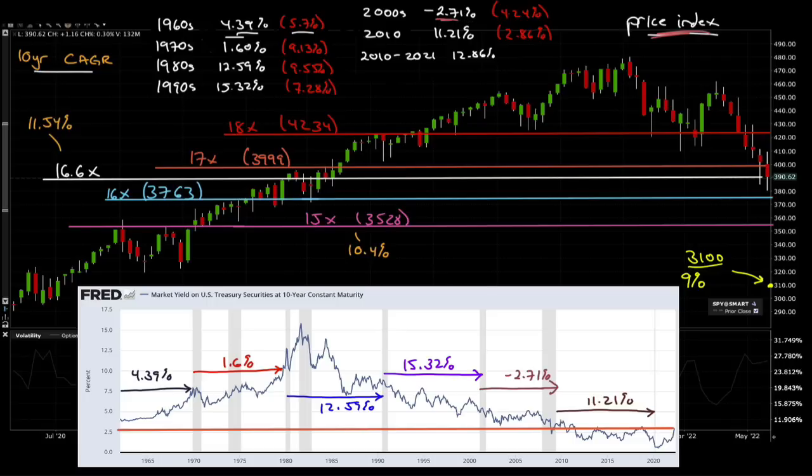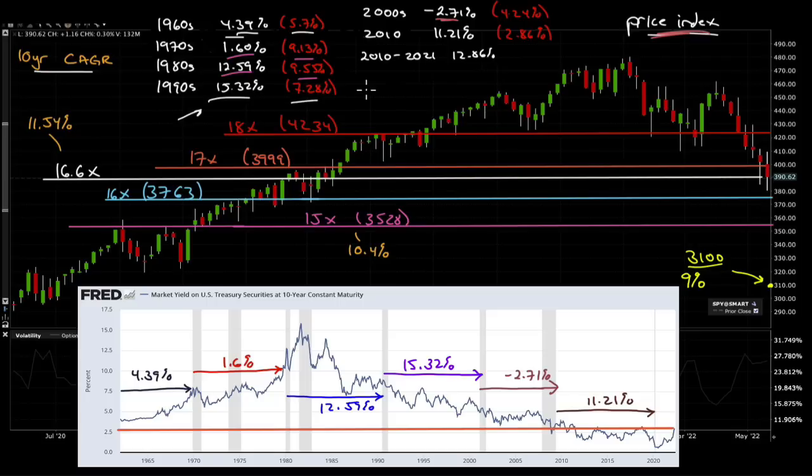1960s, 4.39. 1970s, that was pretty ugly on price. 1.6, Treasury yield, 9.13, average Treasury yield. And in the 1980s, the average Treasury yield was still elevated, 9.55. It was only after 1985 did it come slightly lower, 12.59%. Price return over the 80s. And you think, well, okay, that was just the 80s. You're not going to do that again. 15.32% throughout the 90s. This is not the NASDAQ. So .com was primarily in the NASDAQ. This was the S&P 500, not the NASDAQ.